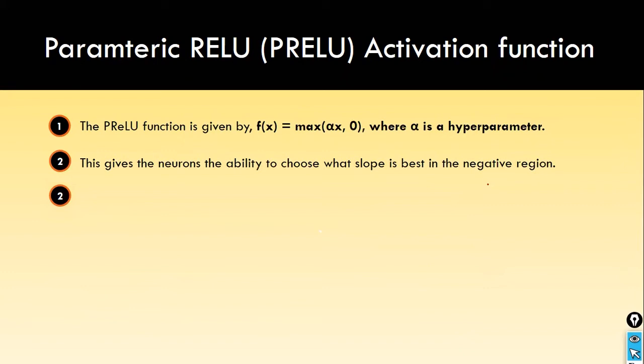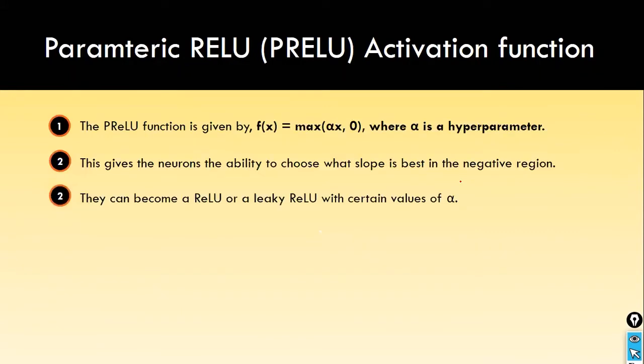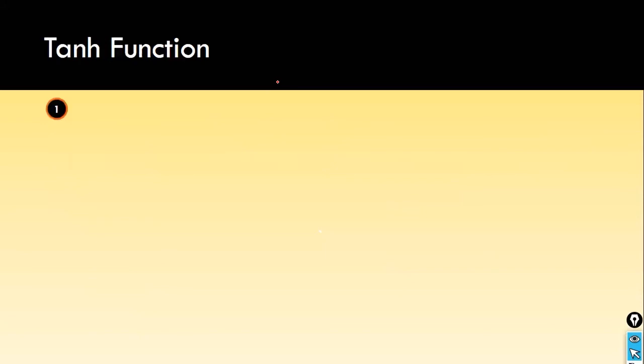Okay, and instead of introducing a small negative slope, you choose the best negative slope on your own. That is when P-ReLU became popular. They can become a ReLU or a leaky ReLU with certain values of alpha. So again, alpha is the